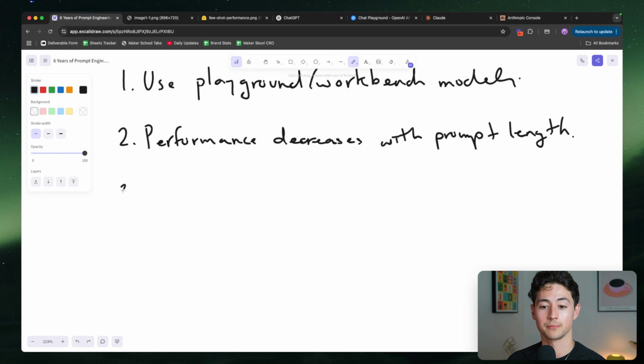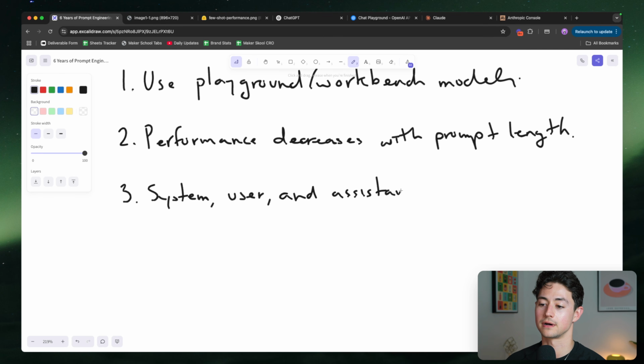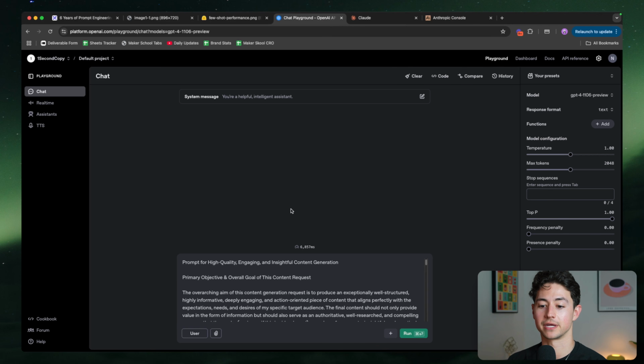The third tip I'm going to give you is understand the different prompt types. There are system, user, and assistant prompts. And these prompts are basically just the go-to for all large language models at this point, probably going to remain so for a while. So if I go back to my ChatGPT Playground example, not that page, this one over here,